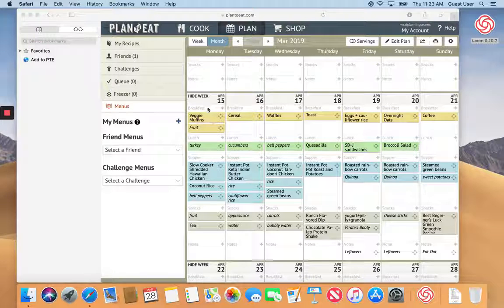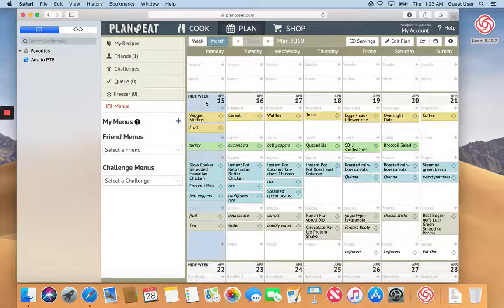The other thing that's really cool is that if you want to just create a breakfast menu or a lunch menu or simply a dinner menu, and you want to combine different breakfast menus with different dinners, which I think does take a little bit more time. That's not necessarily what I would suggest, but if you want a little bit of that flexibility, you can absolutely